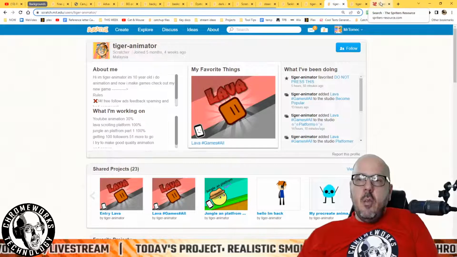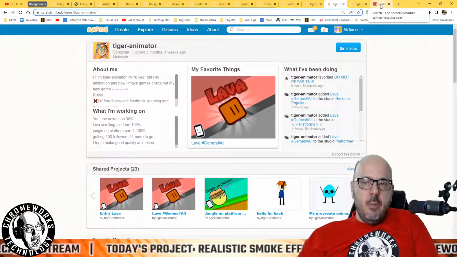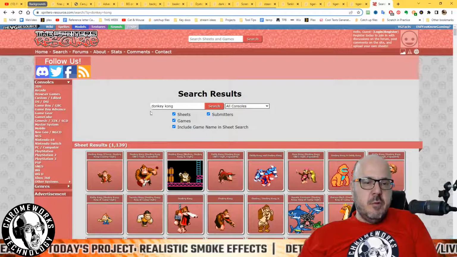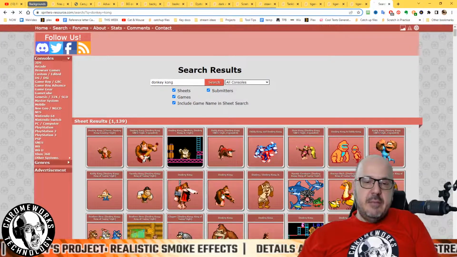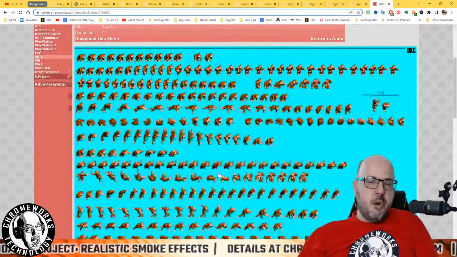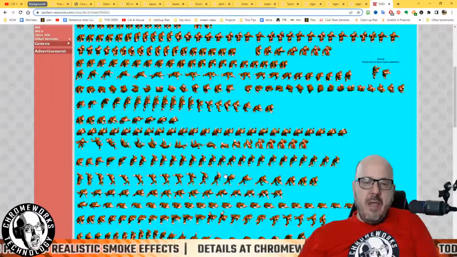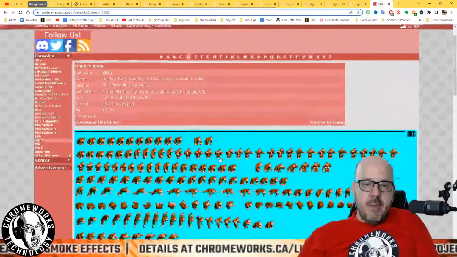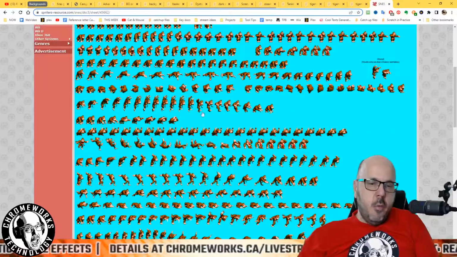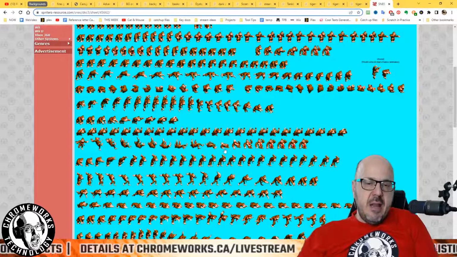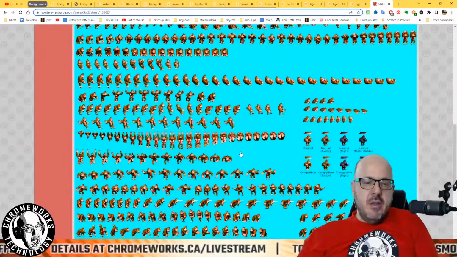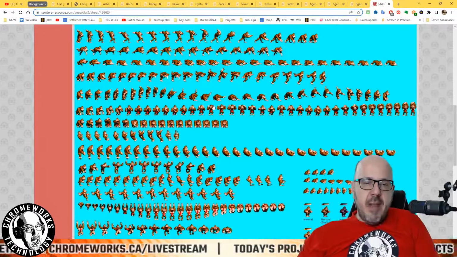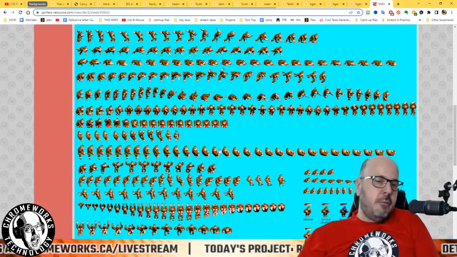So we got him to grab some. We wanted some sort of game theme to this, of course, because these are game reviews. So we went to the Spriters Resource, which is the website for downloading sprites, and we had him download some Donkey Kong sprites. Here's a sprite sheet, which is a typical example of the way that you can get sprites into Scratch. I've done some previous tutorials. I'm going to be doing another standalone tutorial at some point on how to turn sprite sheets into animations in Scratch. You can see that there's hundreds and hundreds of frames of animation here that you can do all sorts of amazing stuff with. So Firas has very painstakingly cut out all these animations, removed the backgrounds, and turned them